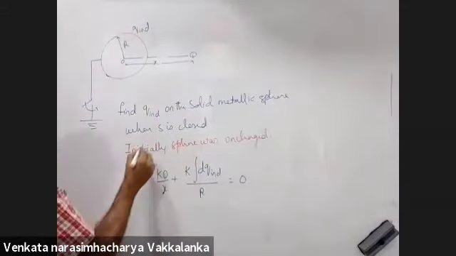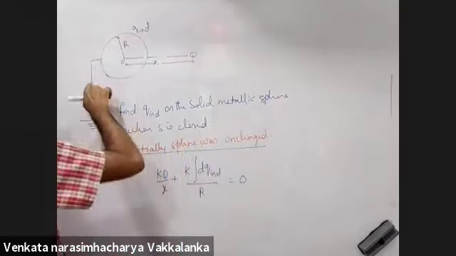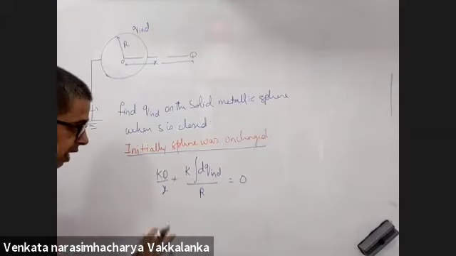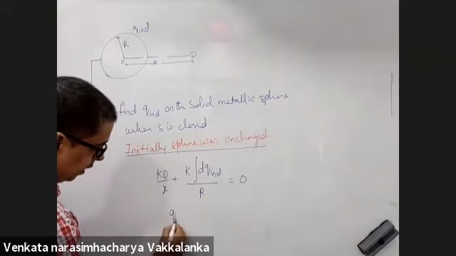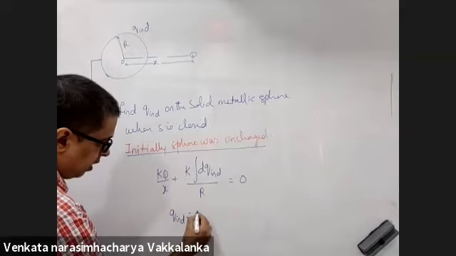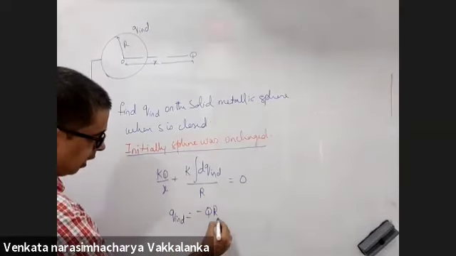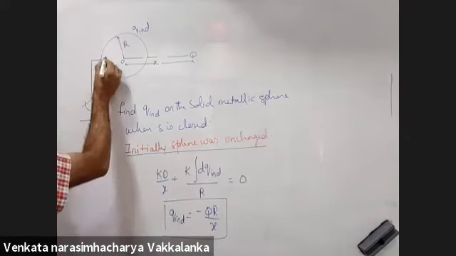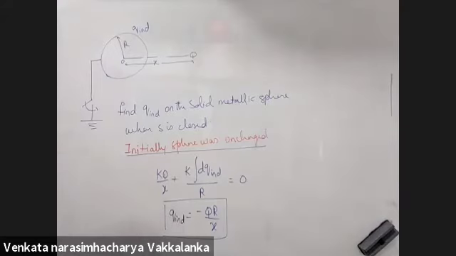In the previous case, charge initially was 0 and it was isolated, so you conserved the charge on the sphere. Here it is connected to the ground. Some charge might have come from the ground or gone into the ground. I don't know. I have to calculate this. So Q induced will be minus Q R by X. This is the quantity of negative charge which came from the ground to the sphere to make the potential of the sphere 0.